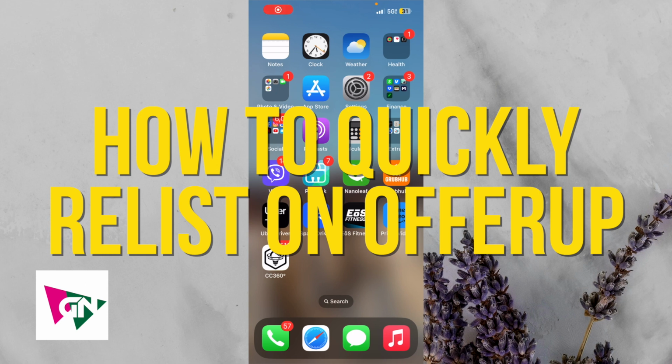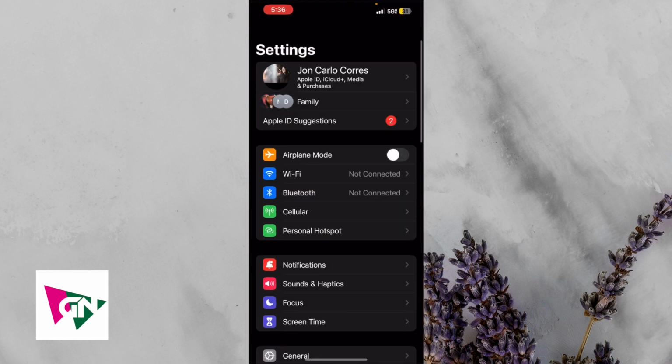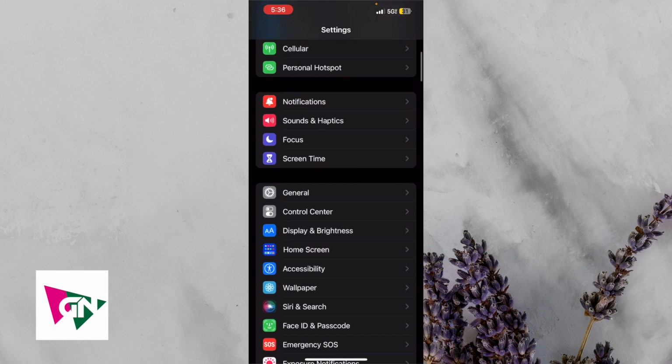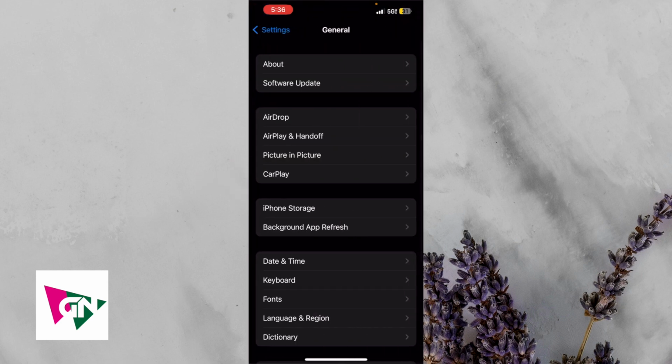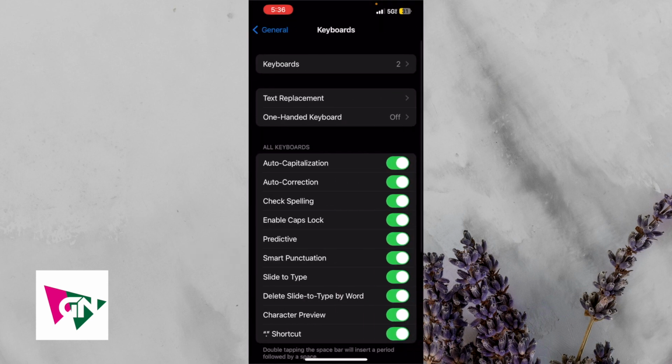Hello, and so in this video, I'm going to be showing you how to quickly relist on Offerup. In order to quickly relist on Offerup, it's going to involve using text replacements, which can be found on iPhones. So what you want to do is click on Settings, then scroll down to where it says General, and then click on that. Next, you want to scroll down to where it says Keyboard and click on that, and then you want to